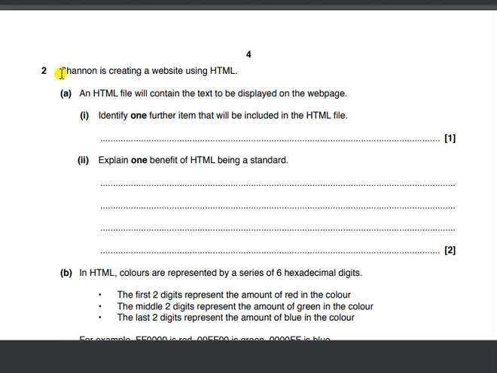Hello friends, in this video we will look at the May 2017 OCR programming paper question number 2. So in question number 2 they have given that Sharon is creating a website using HTML. Now in part A they are asking that the HTML file will contain the text that will be displayed